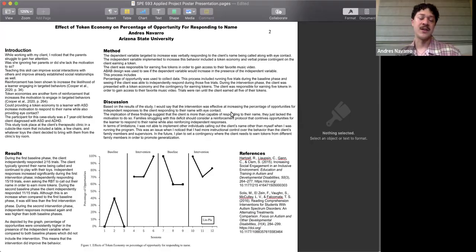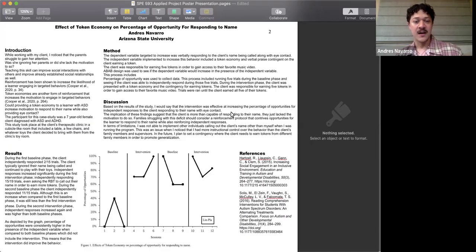The operational definition I came up with for responding to name was verbally responding to her name being called, followed along with maintaining eye contact. So basically, what that means is if she engaged in one behavior but not the other, it's incorrect according to my operational definition. So yes, tokens were contingent on independently responding to her name. If she earned all 5 of her tokens, she got reinforcement. If you guys were curious, she earned access to her favorite music video, which was Soda Pop from K-pop Demon Hunters.